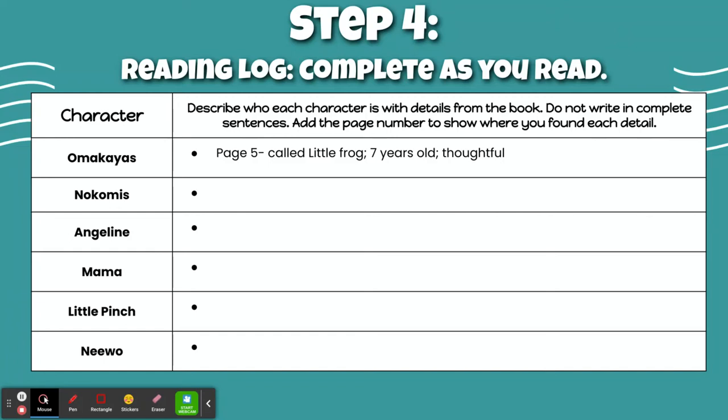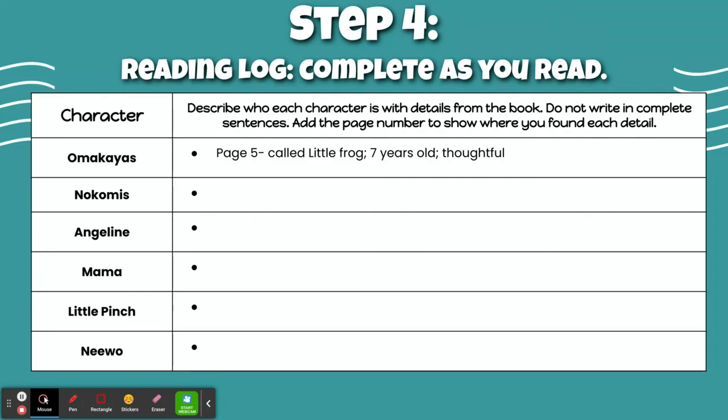The children, Omakais's brother, Little Pinch, baby Newo, Omakais's older sister, Pretty Angeline, and Omakais herself spread their blankets around the stone fire pit. Mama and Nokomis hung the smoky, woven bags of rice and tools and medicines from the